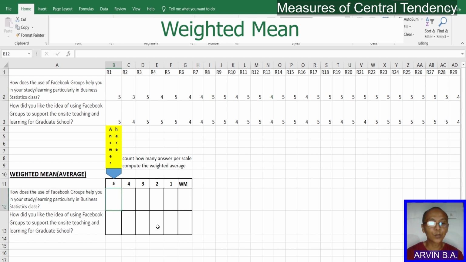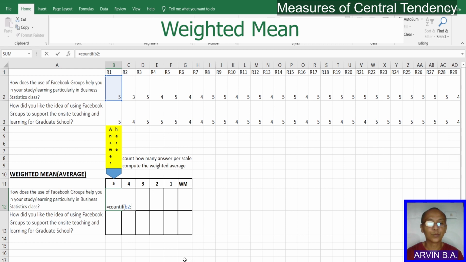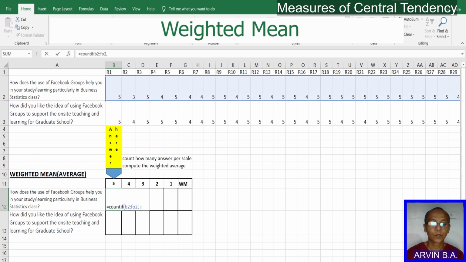So the first thing that we're going to do here is to count how many responses there are for 5, 4, 3, 2, 1. So we make use of the COUNTIF function. The range is from B2 to, let us check, F02. So we can just type F02, comma, criteria 5,